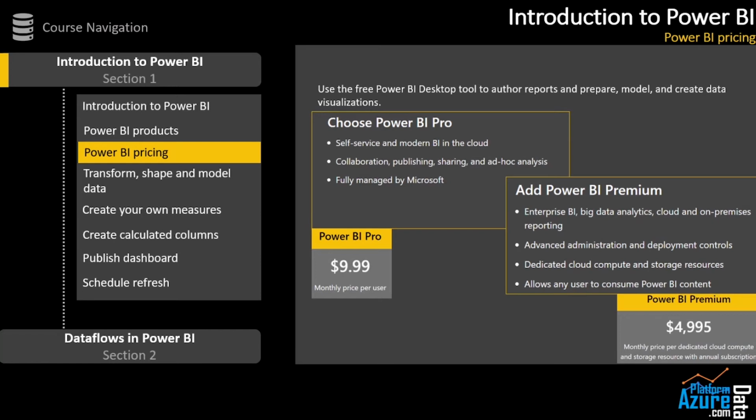Okay, so these are the features with Premium and Pro, and you see the pricing now. So you can understand which feature will be better for you. And even if you go with Pro features, it gives you a free trial also for 60 days. I'm currently using a free trial, so I'll show you. It is showing 30 days still available for my free trial. So if you just want to work or play around with that, you can go with the free trial, and then you can disable your account.